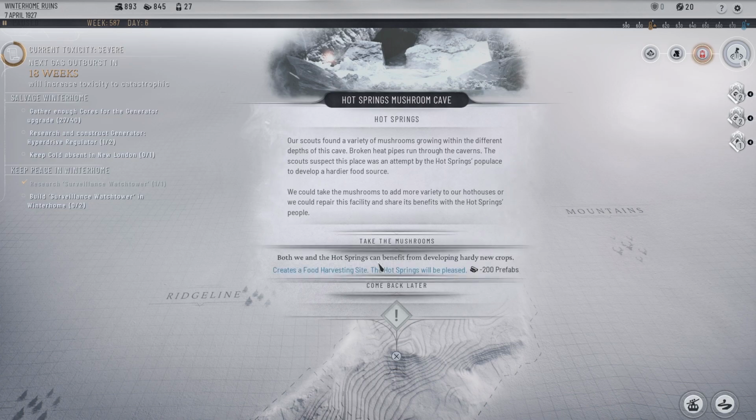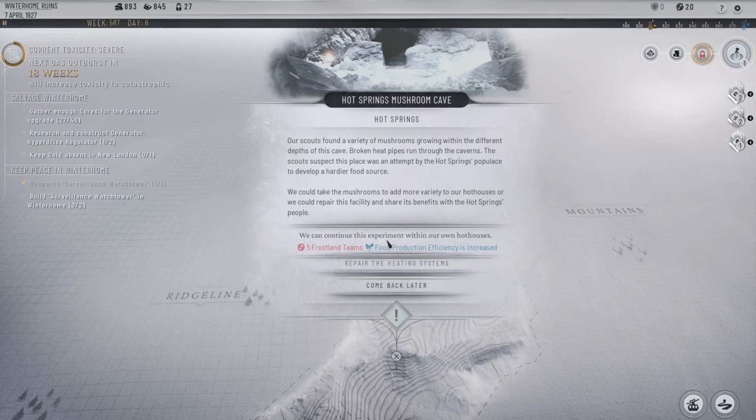Okay, if we want to use the Hot Springs, we need to do this. We need to get this sorted. So, yes, if we repair... Hang on, if we take it, what does that do? Our food production efficiency is increased. Okay, I mean, that's no bad thing. However, if we